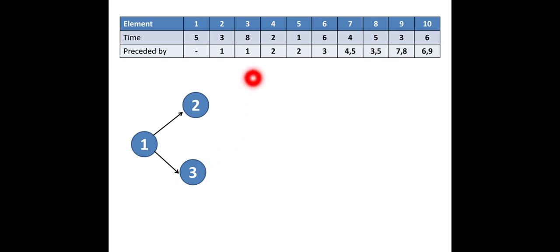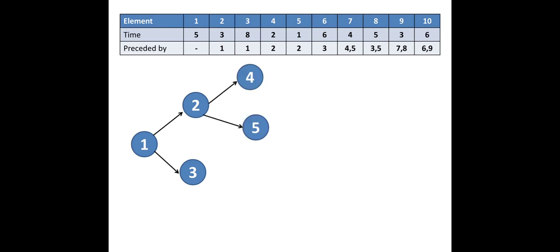So now I'll go to element number 4. So element number 4 is preceded by 2. What you need to do, you need to draw an arrow from element number 2 to represent element number 4. And similarly you can see in this problem element number 5 is also preceded by 2. So you need to draw again two arrows from element number 2 to represent the element number 4 and 5. So in this fashion, two arrows are drawn from element number 2 to represent element number 4 and 5 since it is preceded by 2.